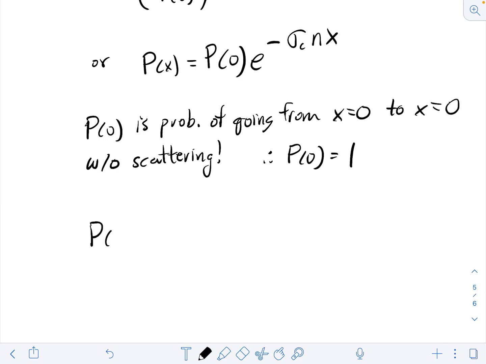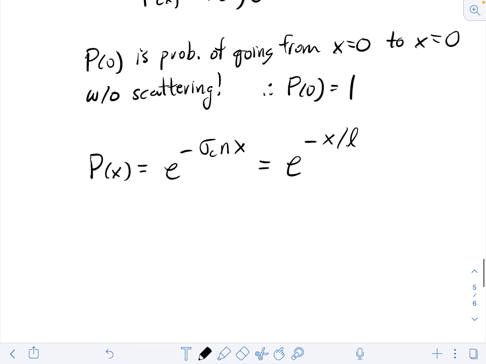And so that's our integration constant, and that means that if p of 0 is 1, then we can write p of x, the probability of making it to some position x without scattering, is going to be e to the minus sigma c n x, and that's usually written as e to the minus x over L, where L is defined to be 1 over sigma c n,